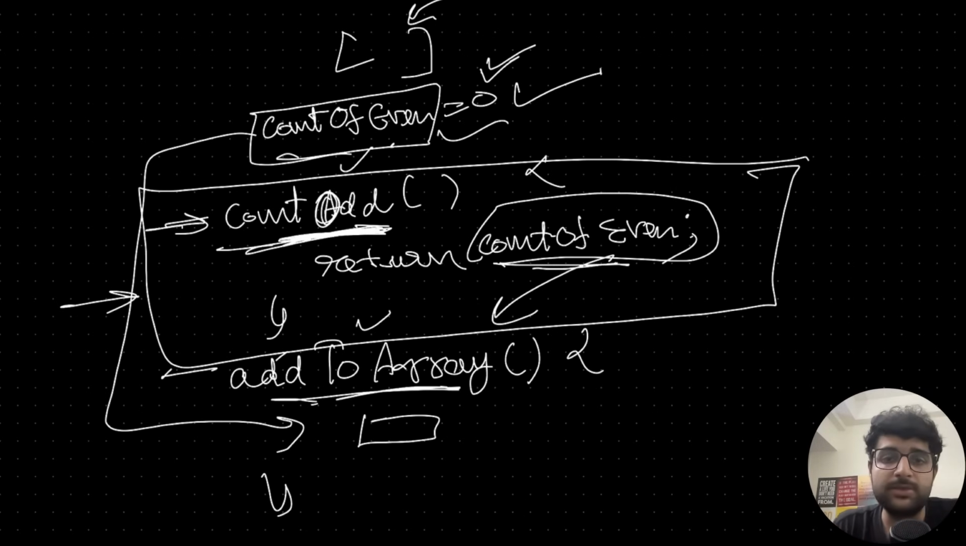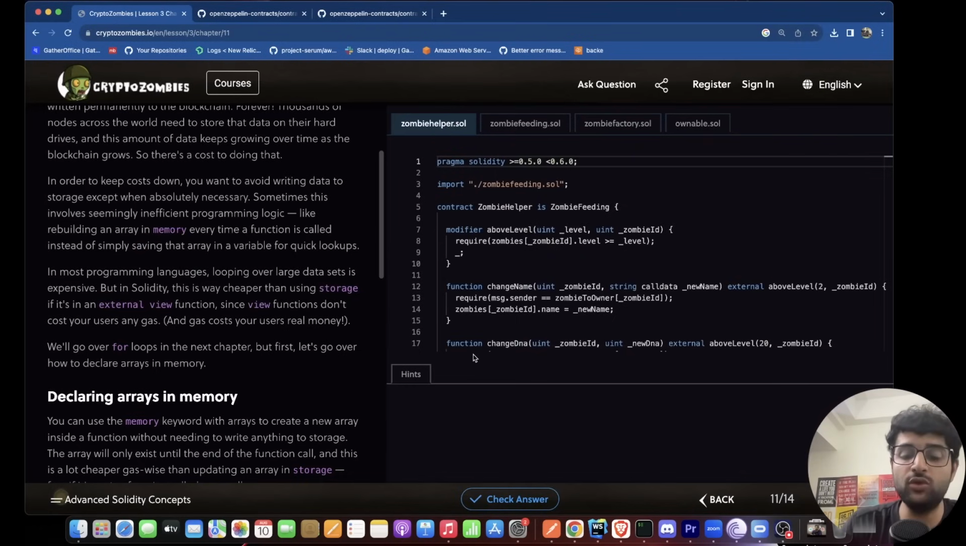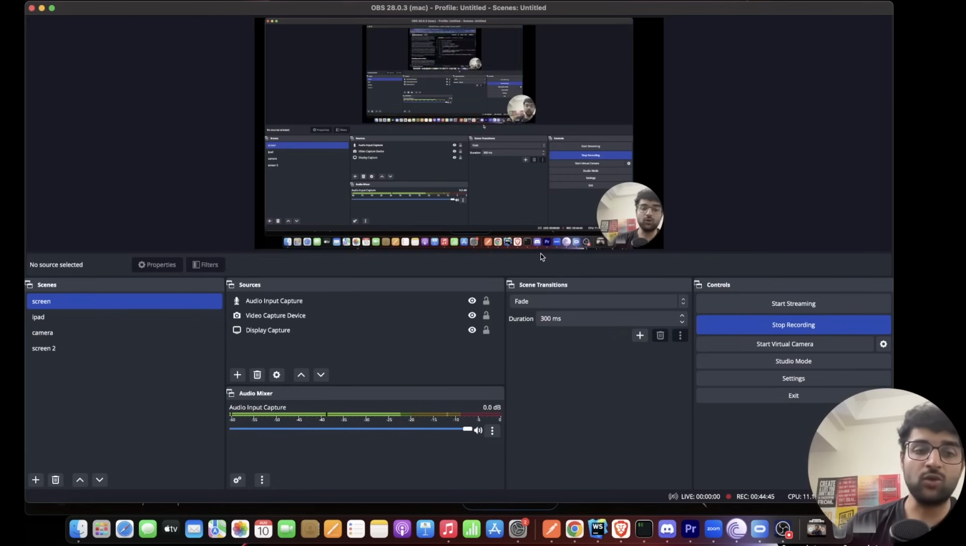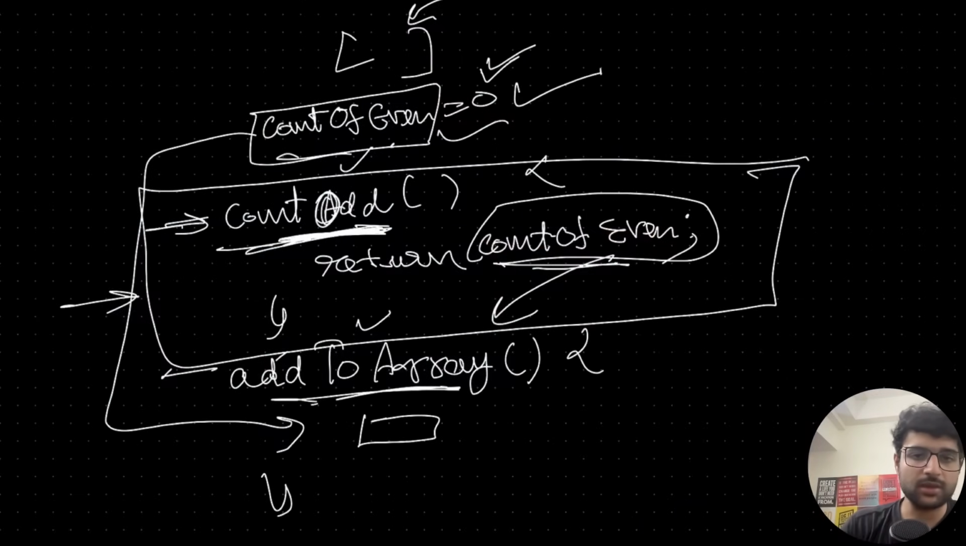The problem is, on the blockchain, time does not matter at all for view functions. View functions are completely free. If you have a view function and a user calls it, irrespective of how computationally expensive it is, it will be free. So if I told you this was a view function,